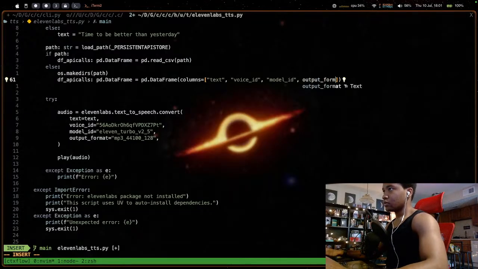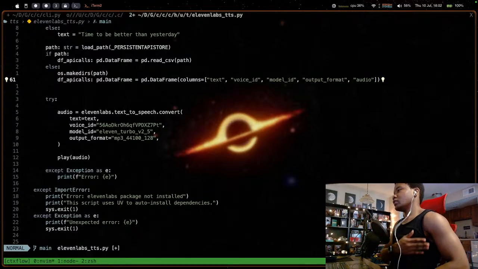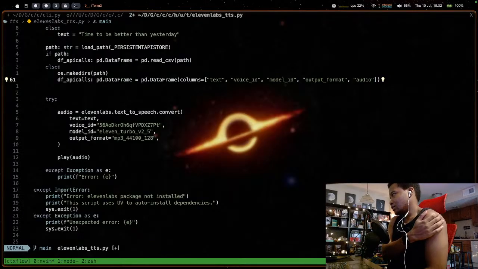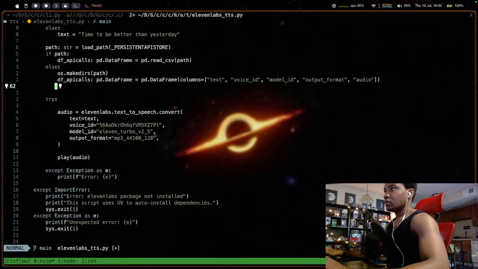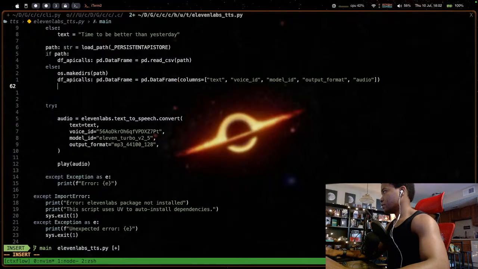Output underscore format. Keep forgetting. And lastly, we want the audio. Why do I keep doing that? So now this will create a DataFrame with these columns, and that's pretty much it, honestly.